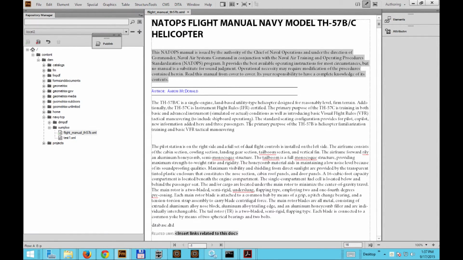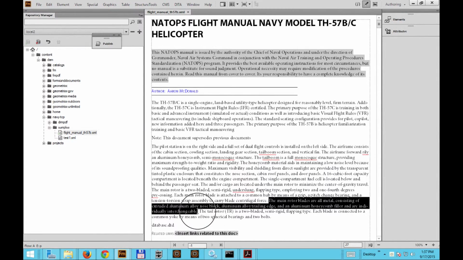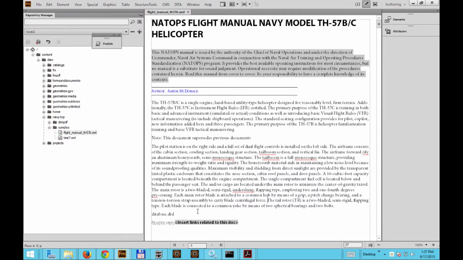So here I put my instructions here. Note, this document supersedes previous documents. And if they so choose, they can make other additions as well. So if they have other requests that come in, I may want to, for example, remove this section here as part of this document and delete that out. So here I'm the editor, I've made my changes, I'm going to go ahead and close